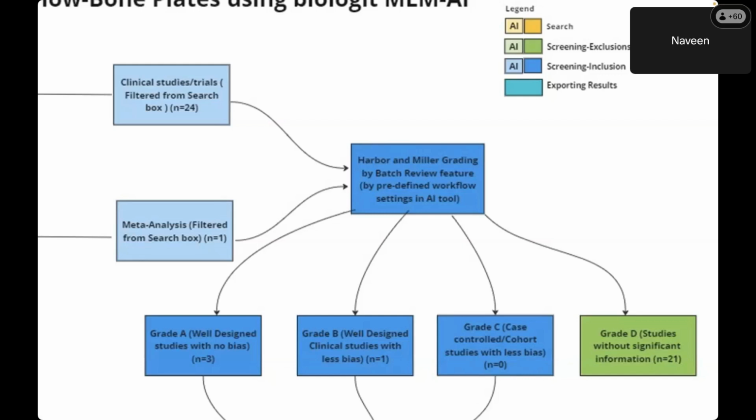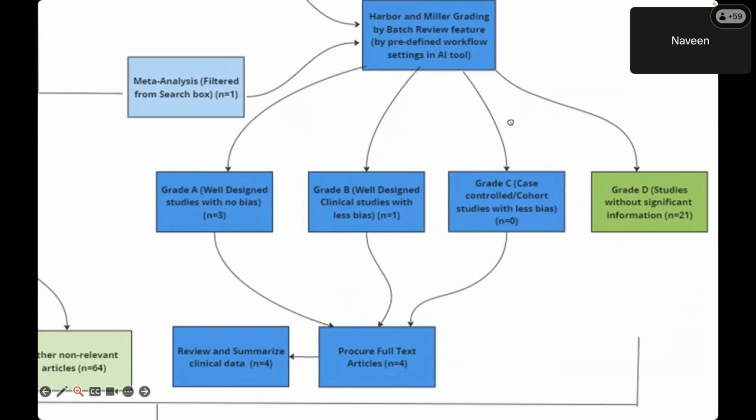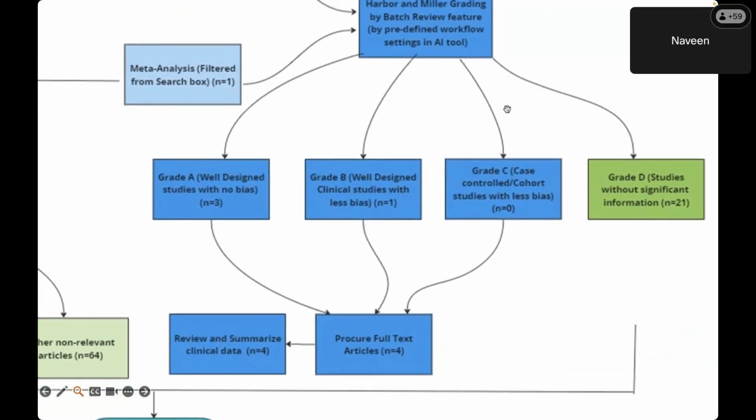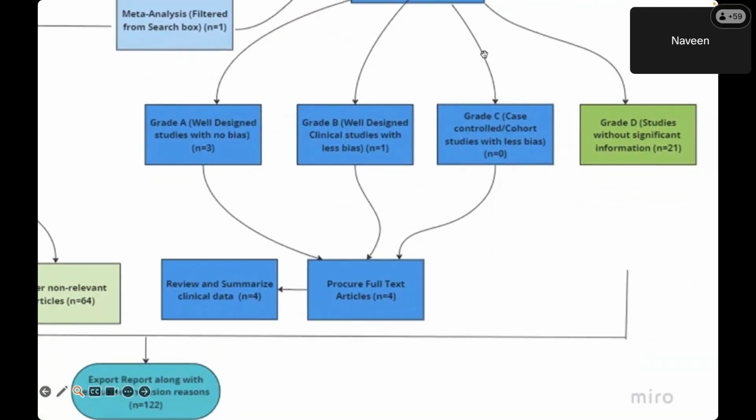based on the Harbour Miller grading system, or you can follow any grading system as per your client's requirements. Based on those grading systems, we have graded articles as grade A, grade B, or grade C. Nicole has already defined what the grades are. These grades fall into non-biased studies, well-designed clinical studies, or well-designed meta-analyses and systematic reviews. Based on these gradings, we have filtered out some articles, and these are all done on the batch